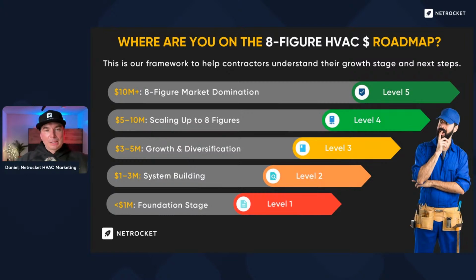Yeah, I'll continue. So the next level after 5 million is level 4. This is where we are trying to scale up to 8 figures. So your company is not a startup anymore. It's more or less a scale-up company. And this is where you have some basic system built, and this is how you reach 10 million plus. And then it's only the beginning, because after 10 million you'll be scaling the company further, hitting 15 million and then 20 million. And the idea is to make it a real business, not just a job for yourself, but a business which is sellable.